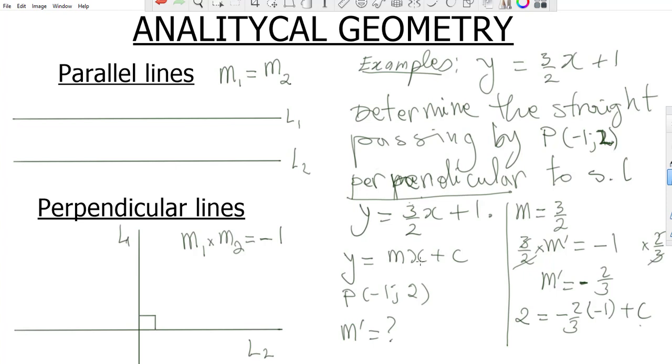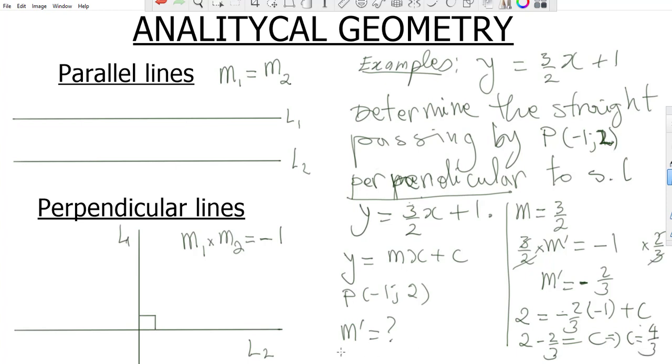The y value is 2. So instead of x we put minus 1, instead of m we put minus 2 over 3. When you multiply here will be plus 2 over 3, you transpose and it will change the sign. So if you continue here, you solve this will be 6 minus 2, so c will be equal to 4